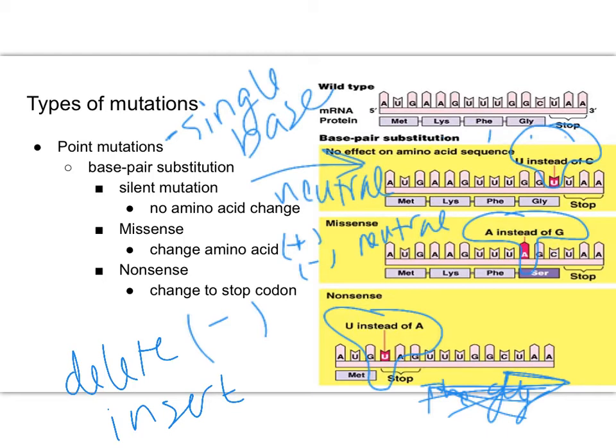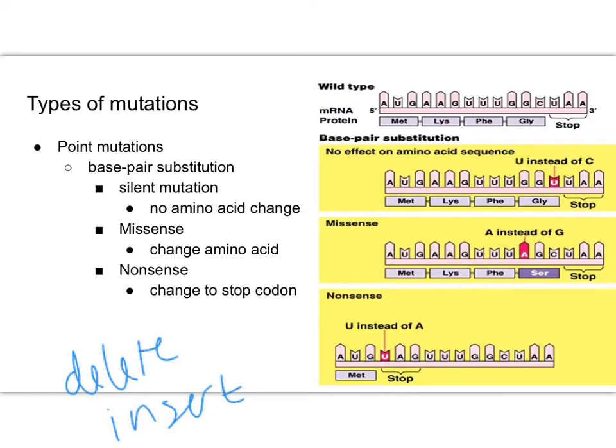Our issue here, what will happen here, is that when I delete or insert that base, I completely shift my groups of 3. So if I have my groups of 3 on my original DNA up here, or mRNA here, I have my codons here. If I add or I subtract one base from that, that will alter what's called my reading frame. My groups of 3 are my reading frame.